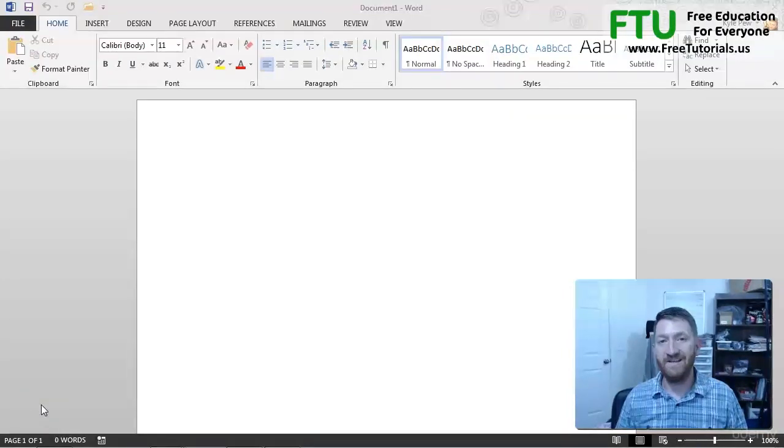As you learn any new application, whether that's Word, Excel, Outlook, or some non-Microsoft application, one of the first things you're going to want to do is become familiar with the interface itself. So that's what I want to take a look at here. Just get kind of the layout of the land and an understanding of navigating around this interface that makes up Microsoft